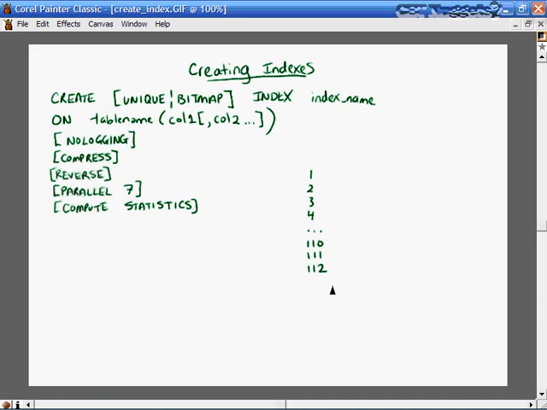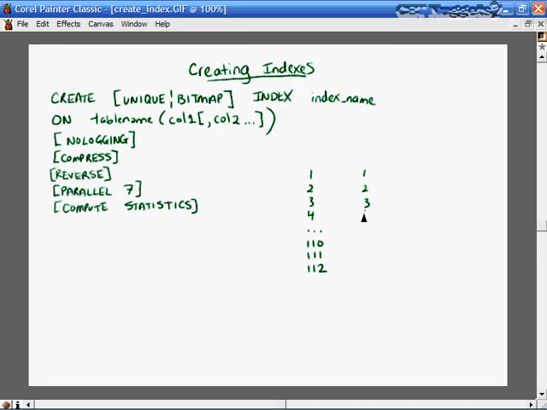The more we add to our tree here, the more it's going to grow too heavily on one side of the tree. For example, we have quite a few numbers here that start with 1. So they'll be on one side of the tree, and after a while our tree will be imbalanced and it won't perform well. But if you specify the reverse keyword, you're just taking all these values and reversing the characters. So then we end up with 1, 2, 3, 4, and so on. And then we have 011, 111, 211, and you'll see how it's a little more balanced. So using these reverse indexes is really good on sequences